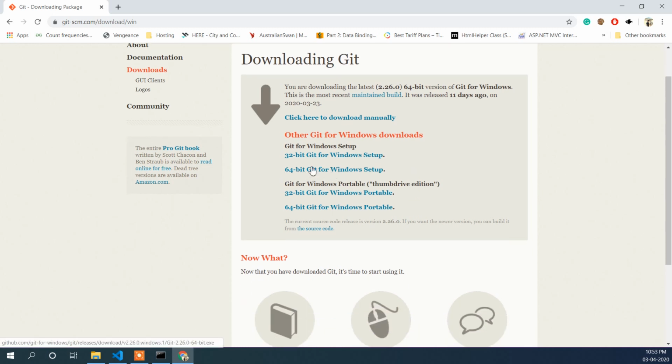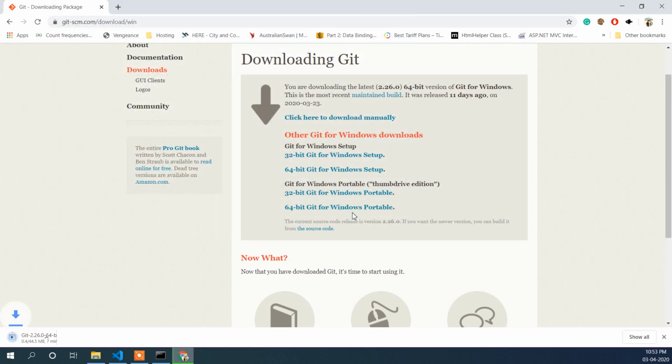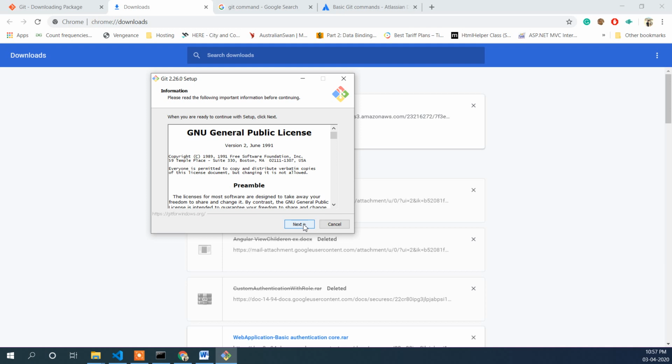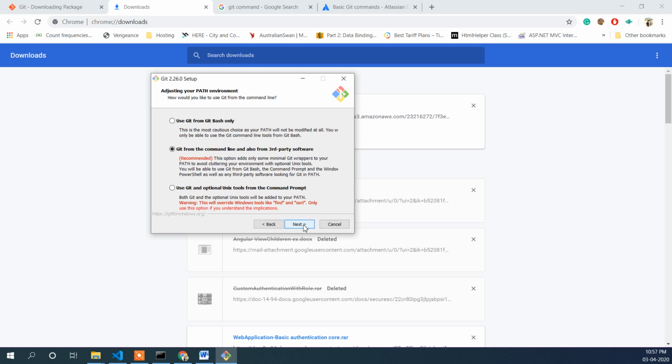I have 64-bit Windows, so I will just download this one, and it will ask for save. It's downloaded now, so we can just click on this and try to install it on our Windows machine. We'll choose yes, and we will be using all the pre-configured things which come by default, so we are not going to change anything inside this. Click next, next, next,